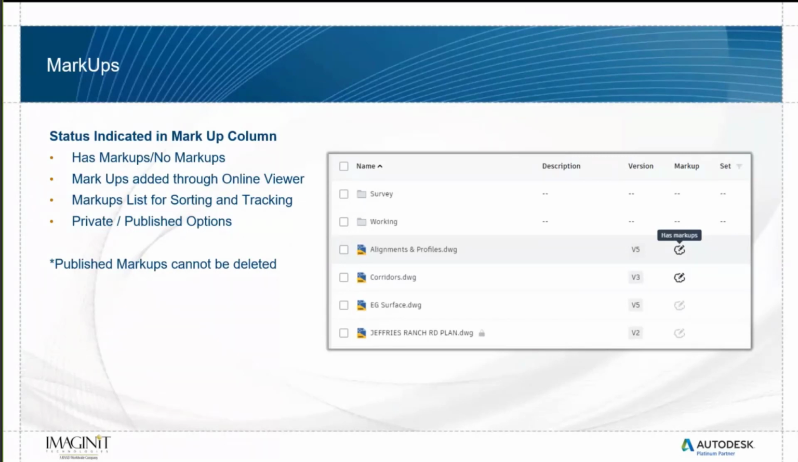One thing to note is that once a markup is published, it's not deletable. So once it's published and everybody has access to it, it's protected in that sense, so that someone can't just go in and say, I'm going to delete the markup and pretend that it wasn't there. So markups can't be deleted once they are published for public view. But if it's private, then you can keep it something that you can edit if you need to